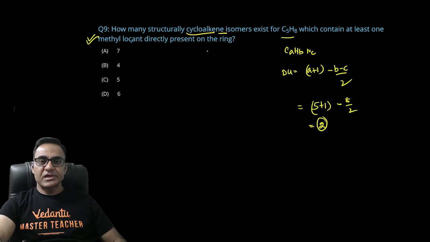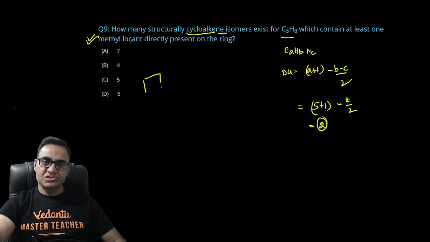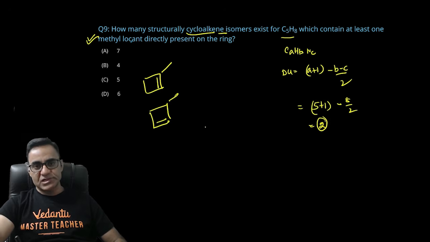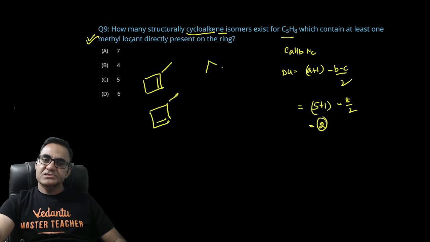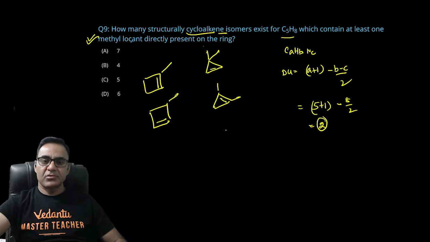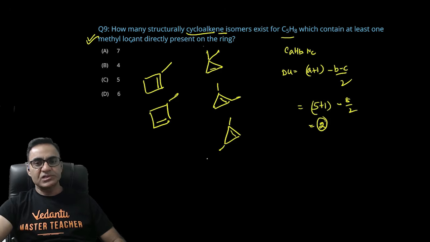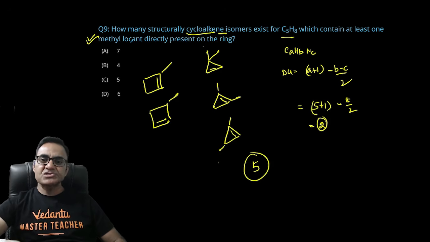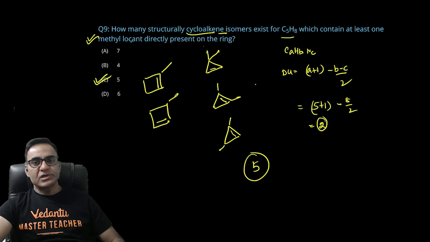इसका मतलब आपका साइकिल 5 कार्बन का नहीं हो सकता, 4 कार्बन का हो सकता है, एक मिथाइल लगा दिया। अब डबल बॉन्ड आप यहां लगाओगे तो एक साइक्लोब्यूटीन बनेगा, डबल बॉन्ड अगर आप यहां लगाओगे तो दूसरा साइक्लोब्यूटीन बनेगा, तीसरा नहीं बन सकता। ऐसे ही अगर आप 3 मेंबर की साइकिल रखो तो एक मिथाइल यहां लगा दो, एक यहीं लगा दो, डबल बॉन्ड यहां लगेगा। एक पॉसिबिलिटी ये है कि एक मिथाइल यहां, एक मिथाइल यहां और एक डबल बॉन्ड यहां लगा दो। और एक पॉसिबिलिटी ये है कि डबल बॉन्ड आपने अगर यहां लगाया है तो एक मिथाइल यहां भी लगा सकते हैं। तो 3 पॉसिबिलिटी 3 मेंबर रिंग में है। तो टोटल 5 ऐसे आइसोमर बन सकते हैं जो इन कंडीशंस को फुलफिल करते हैं। तो योर सी ऑप्शन इज गोइंग टू बी द राइट आंसर।